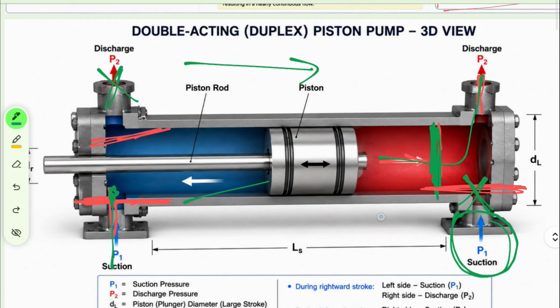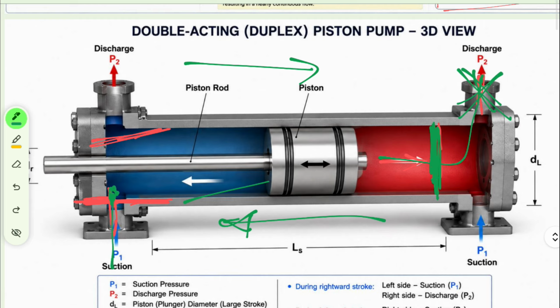And in the other case, when the piston is moving backward, in that case this valve is closed, and this valve is closed, and this valve is open, and this valve is open. This is how the things are there. Now, the most important thing you need to remember: